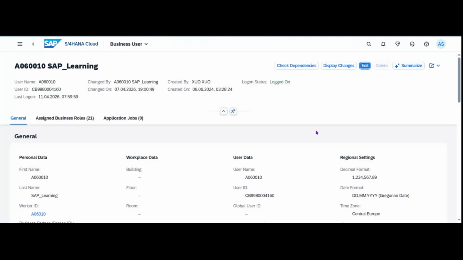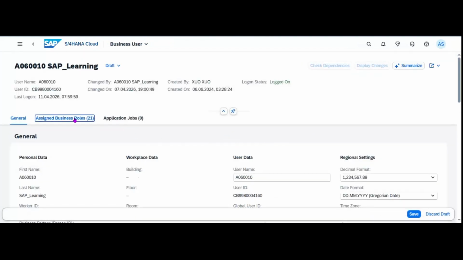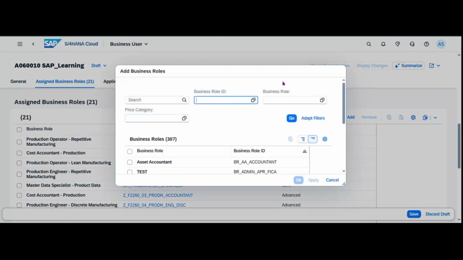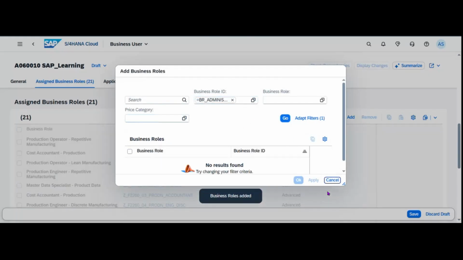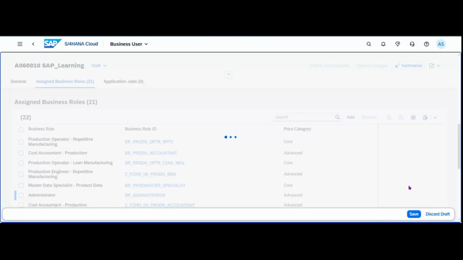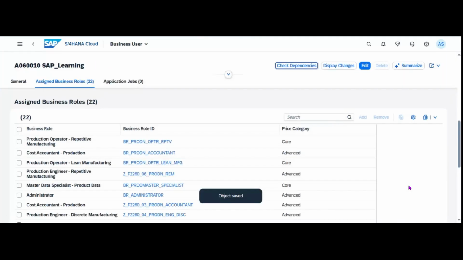I click on edit. I assign business roles. I click on add. I look for the BR administrator. Okay, I click on apply. Okay, and I save. Object saved. Okay,